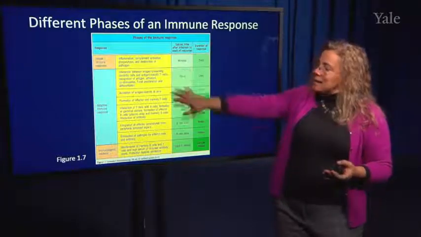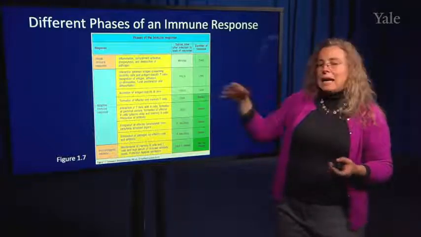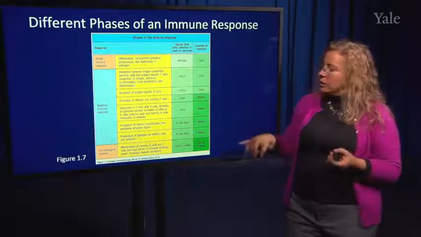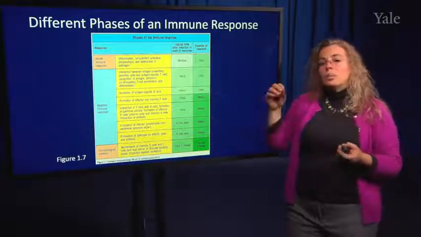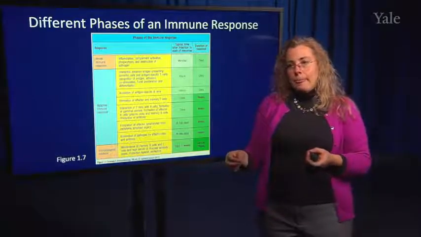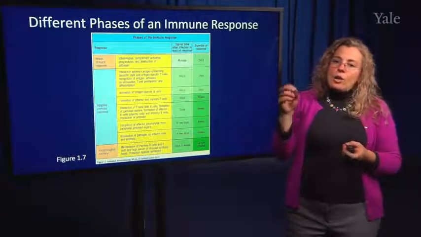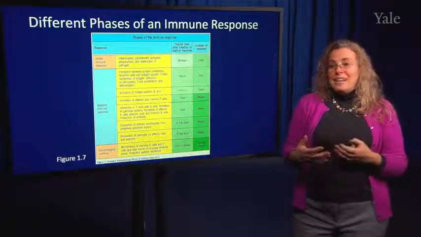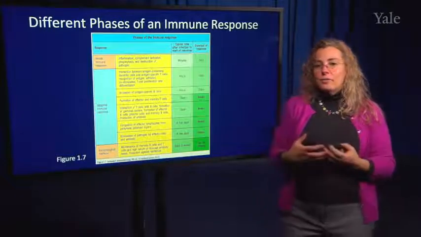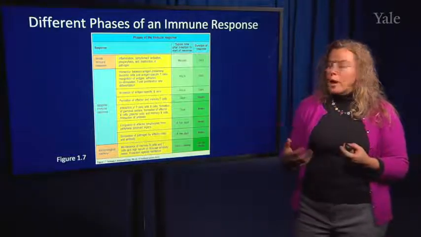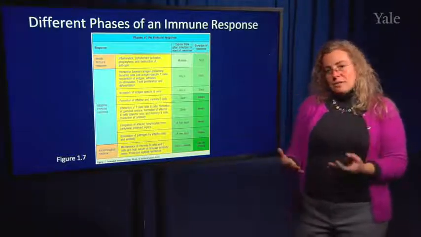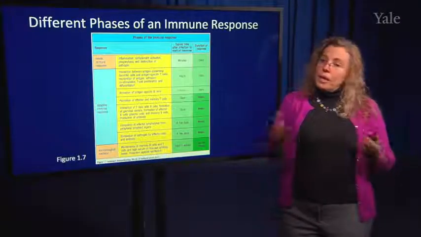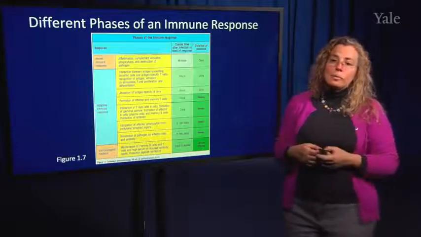So the adaptive immune system is getting turned on within hours to days, but it's not actually functional until weeks after your infection, which is why when you get infected for the first time with a pathogen, you often get very sick and have to recover because your adaptive immune response won't get activated for weeks. Once it's activated, it can help to eliminate the pathogen, but by then you've been infected for a few weeks and you're probably quite sick.